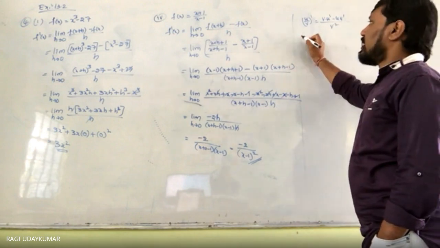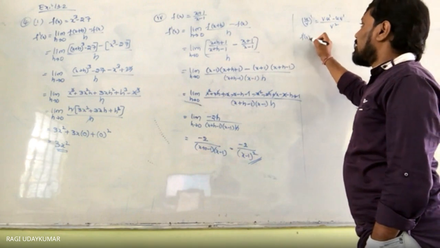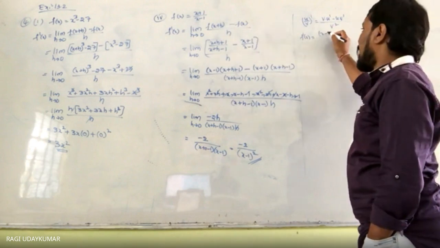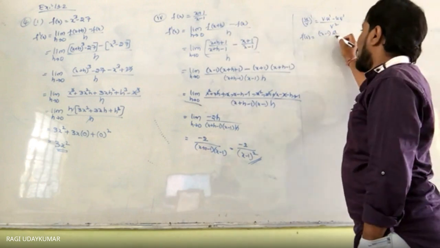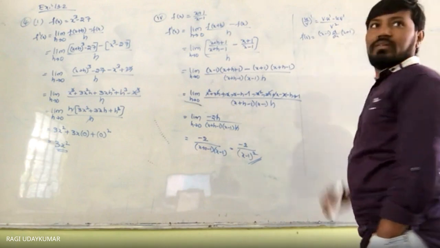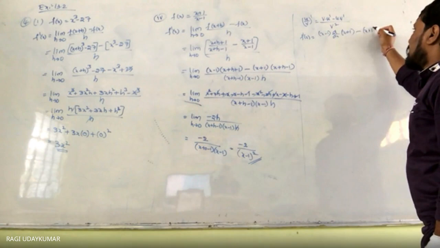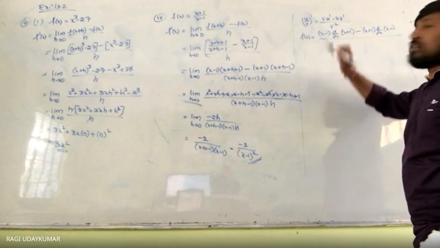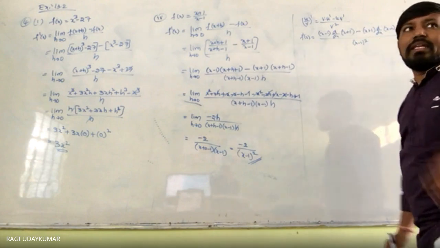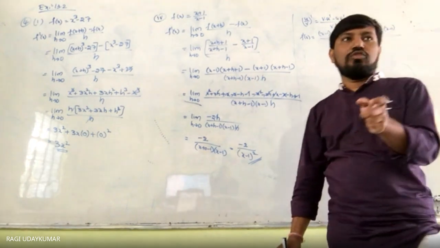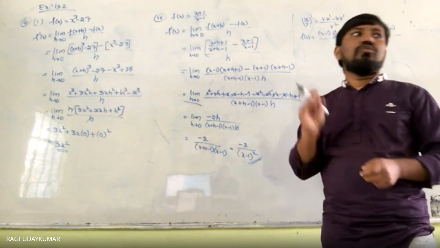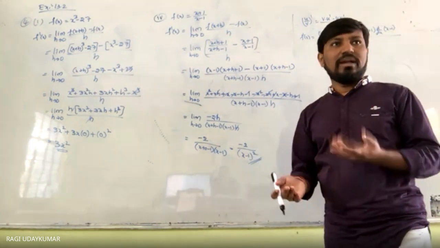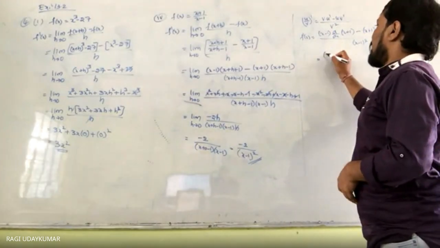So when you want to find out f dash of x, the denominator is x minus 1, as it is. And the numerator's derivative, d by dx of x plus 1, minus the numerator as it is, times the denominator's derivative, by the denominator square. You can remember: denominator into derivative of numerator minus numerator into derivative of denominator by denominator square. The denominator function is whatever is there, so here x minus 1.